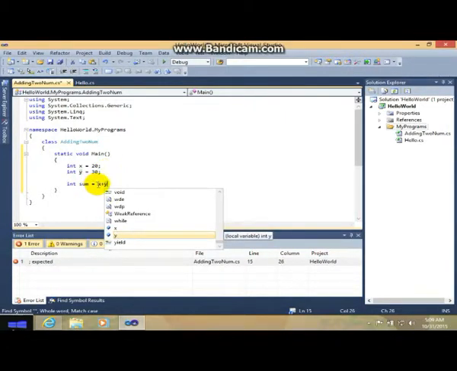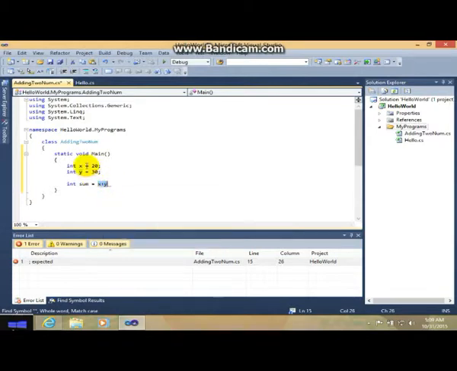This x plus y means that x is 20 added to y 30, so 20 plus 30, it should be added. And don't forget the semicolon and enter.